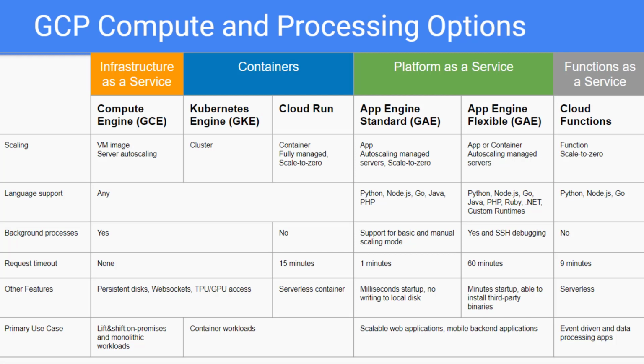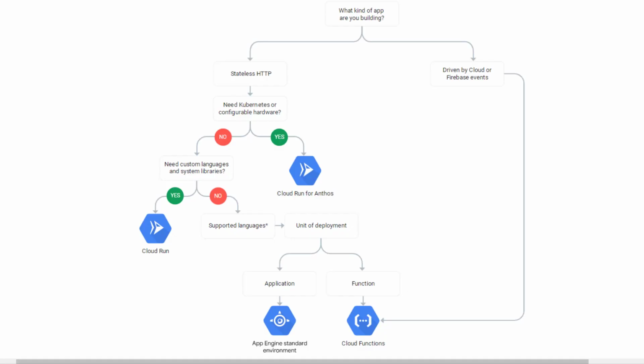For example, if you just want to focus on the application development, but you do need to install third-party binaries, then you should use App Engine, a fully managed serverless platform, but with a flexible option to support custom runtimes. Also, if you want to learn more on which serverless compute platform you should choose among Cloud Functions, Cloud Run, and GAE,